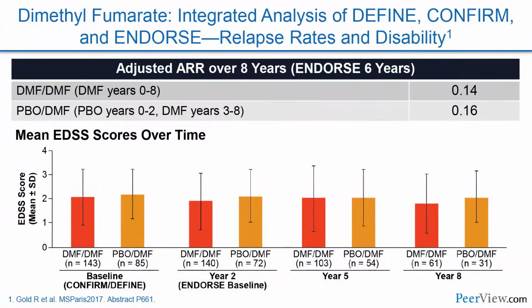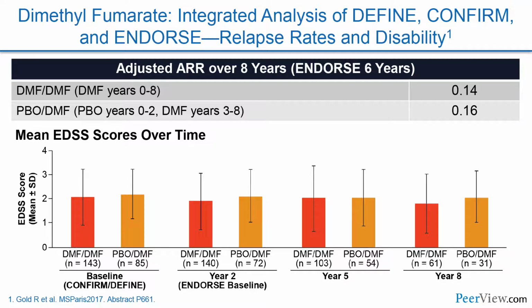Now let's shift our attention to some of the more recently presented data on dimethyl fumarate. Dimethyl fumarate demonstrated strong efficacy and favorable benefit-risk profile in patients with RRMS in the phase 3 DEFINE and CONFIRM trials, as well as the associated ongoing extension study ENDORSE. At the 7th Joint ECTRIMS-ACTRIMS meeting in Paris, the integrated analysis of DEFINE, CONFIRM, and ENDORSE showed that over approximately